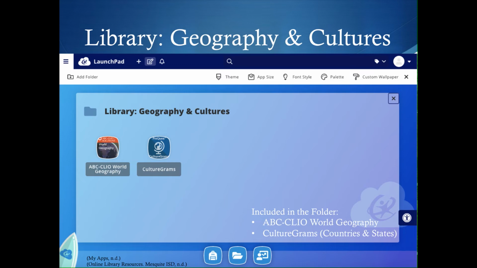This library folder is about geography and cultures. So if you're specifically looking up information that talks about the earth, environment, and geography, or about different countries and cultures and states, these databases could be where you search. And then the next